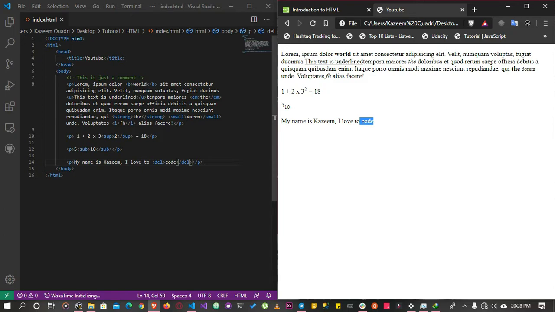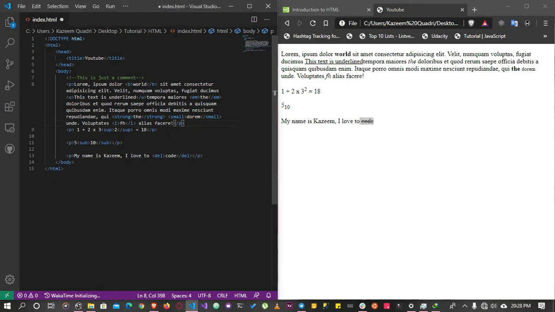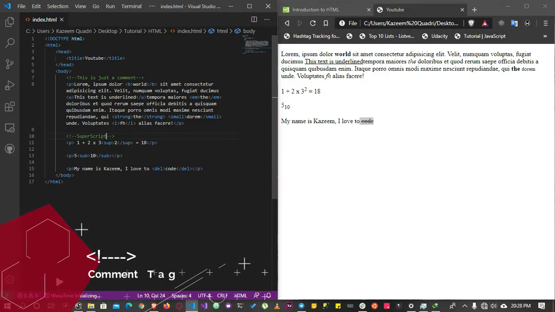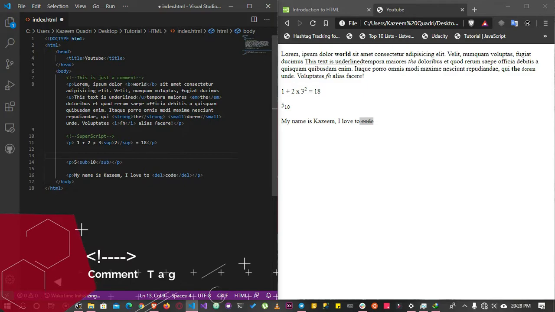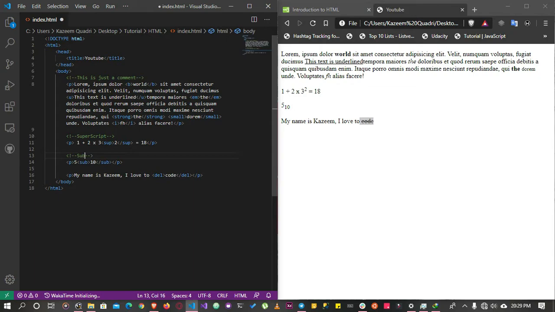So before we wrap up for now over the basics of HTML, there's still one more tag we should be discussing. So now we can use our comments rightly. So I should have done this at the beginning of my code, but I forgot. So we have a comment here. So I want to just signify that this is superscript. So I say superscript. So whenever I come back here, I always remember what I did here, even though I don't remember what the code is. So I don't have to always check what this code is. So I say subscript,